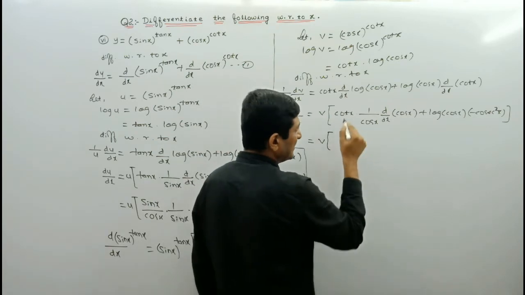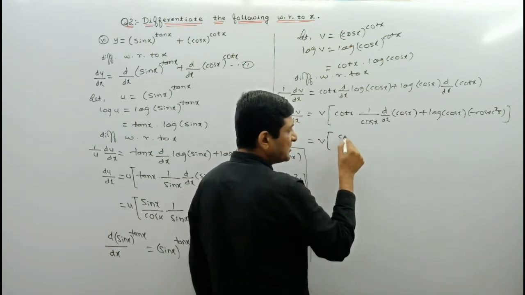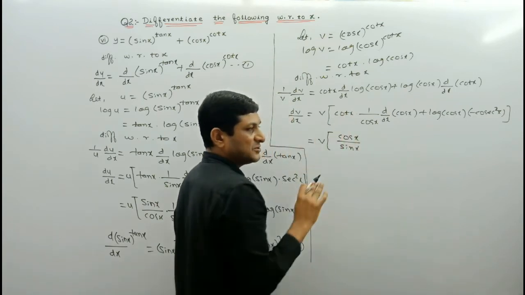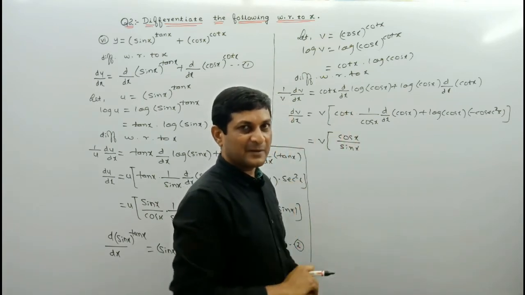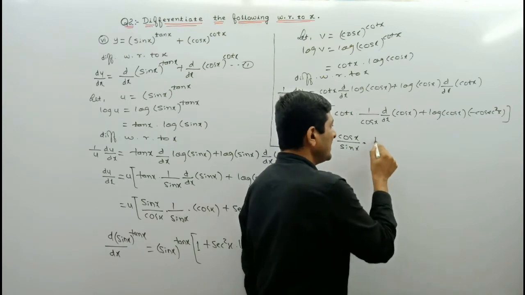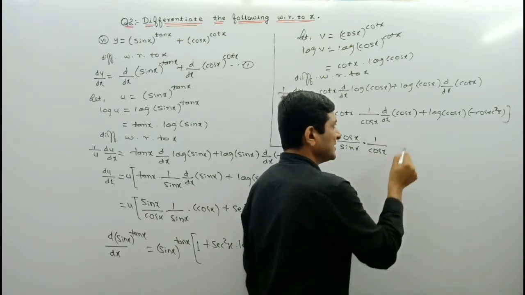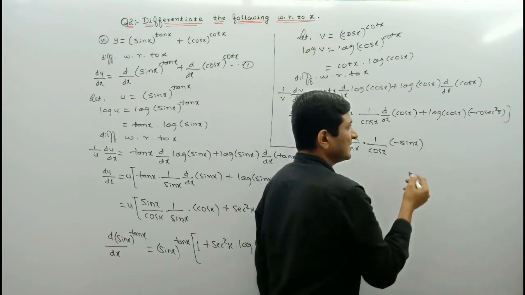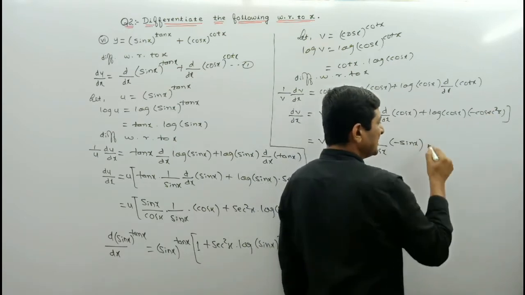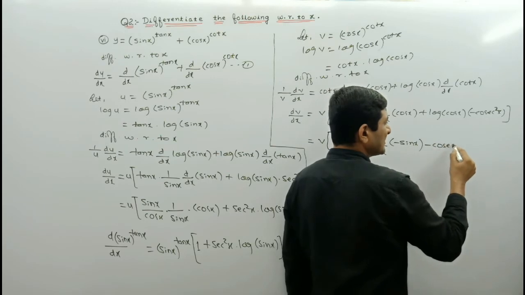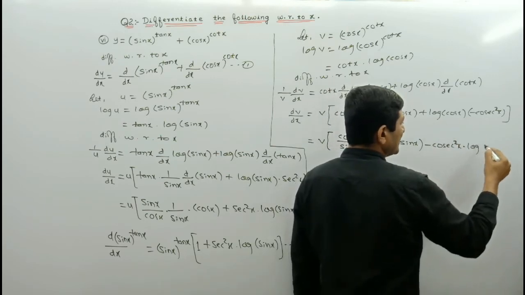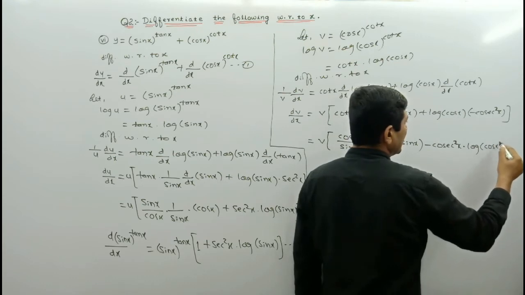and cot can be converted in terms of cos and sine. To simplify it, I am writing cot x as what? Cos x upon sin x. Here 1 upon cos x also as it is. What is the derivative of cos x? It will be equal to minus sin x, plus here first write down the negative term, means minus cosec square x, into log of cos x, keep it as it is.